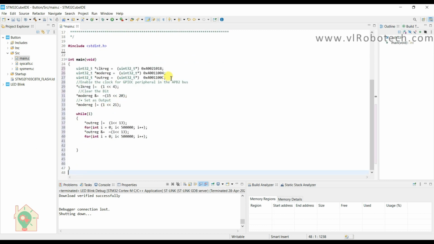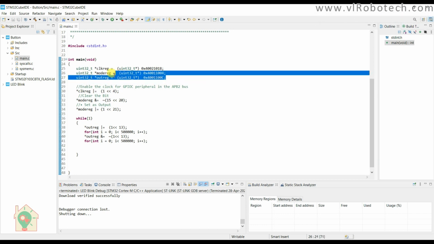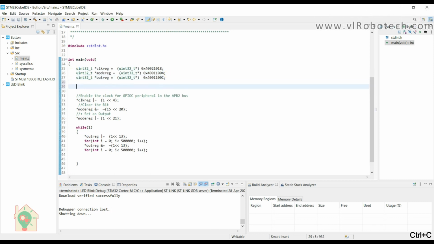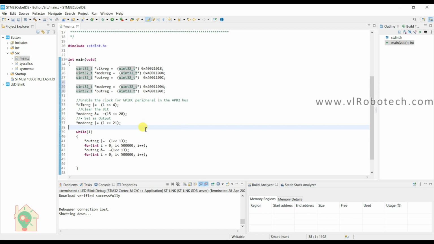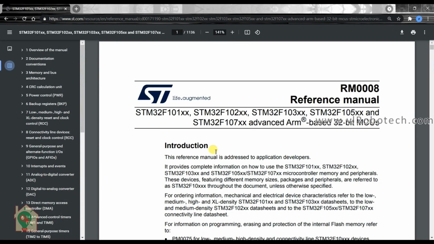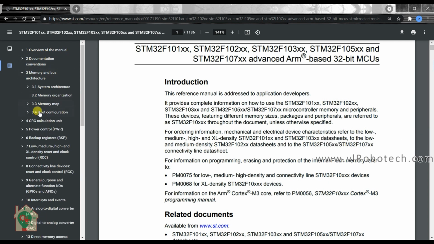In this code, first we have to make variables for port A, the mode register and the output register. Paste here. Okay, now we will go to the reference manual and go to the memory map.